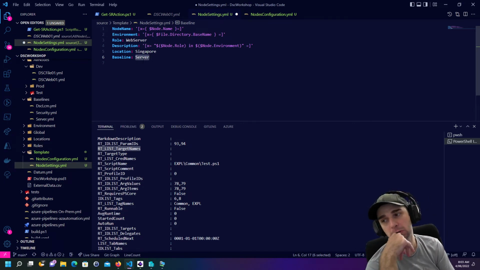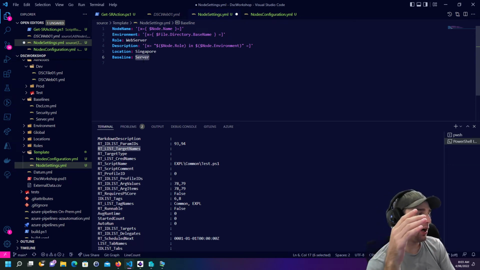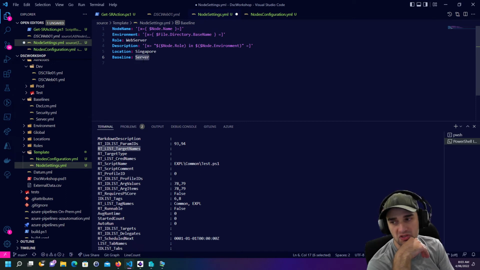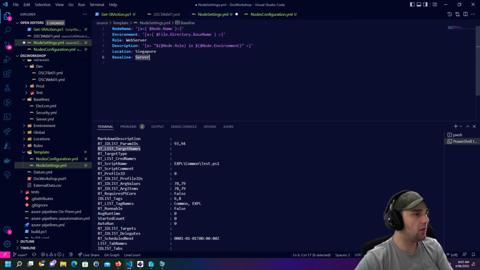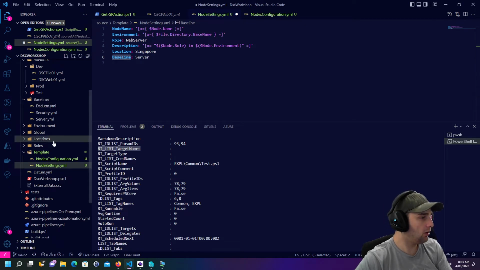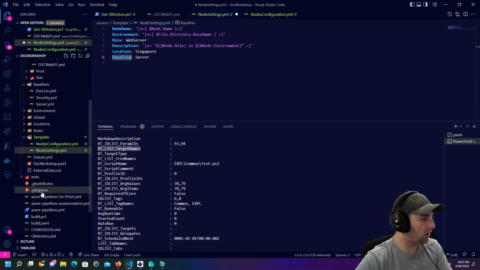This is interesting because these are the lookup items that we need to do. So it needs to somewhat be able to resolve the baseline. Essentially, what we need to be able to do is go, all right, there's this property called baseline, and if we have a look in, it says the value server. So if we have a look in